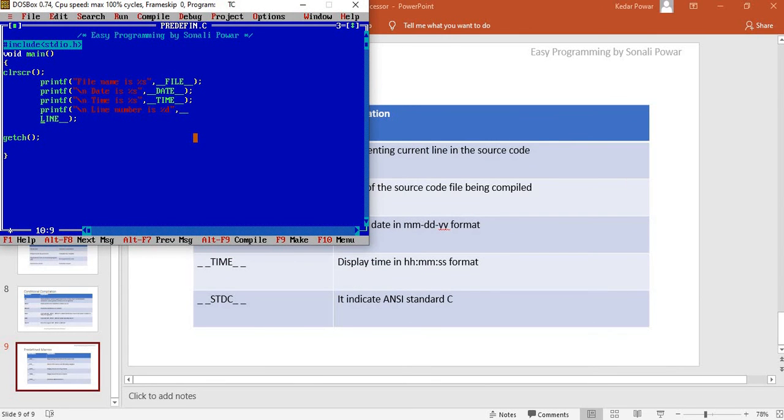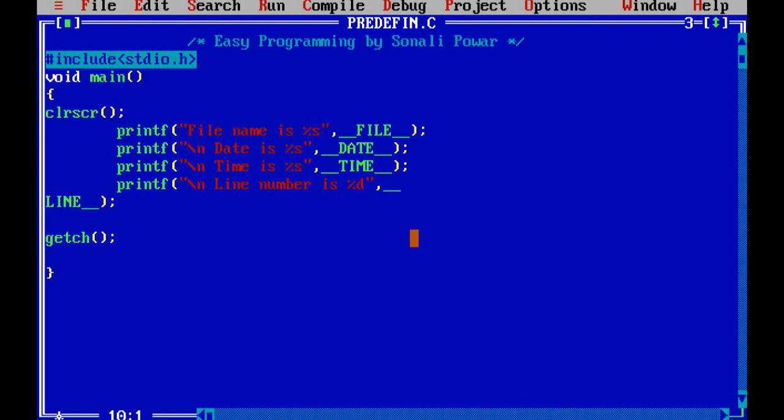So I will show you the program of it. This is the way to use the predefined macros. See, these are already defined, so you do not have to define them using #define. You have to just use them. So here I have written 2 underscore signs, then I have written FILE, all in uppercase. After that again write down the 2 underscore signs. This FILE predefined macro is used to display the name of the file.